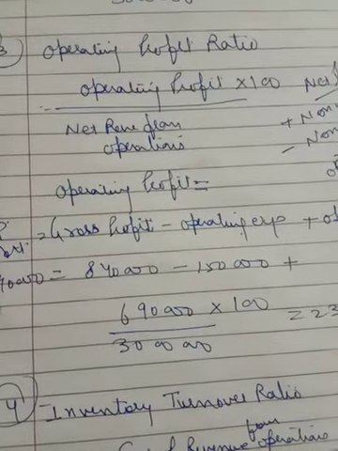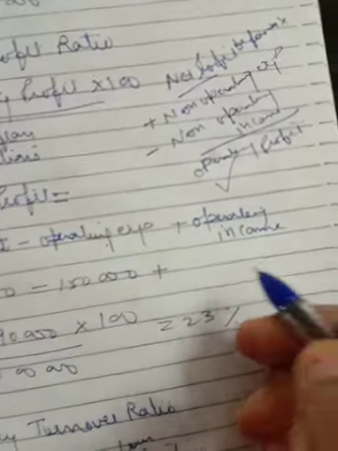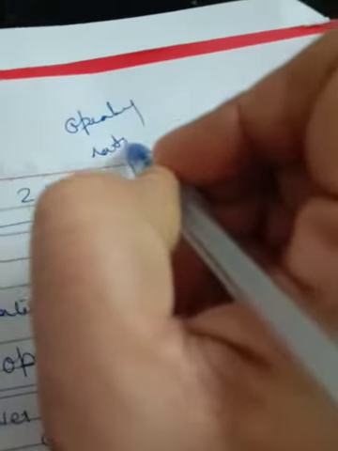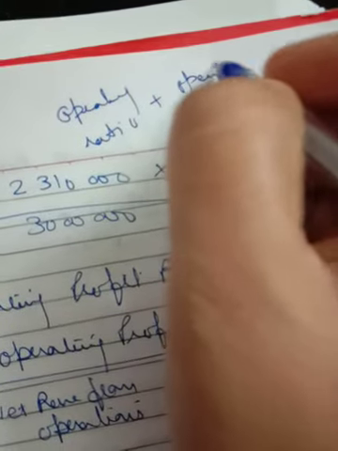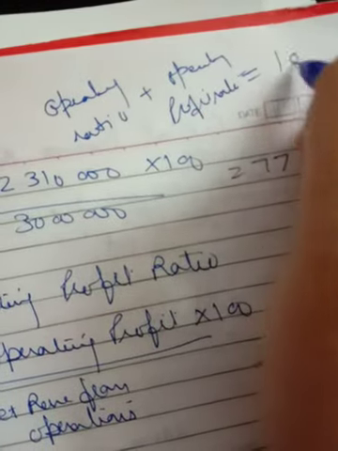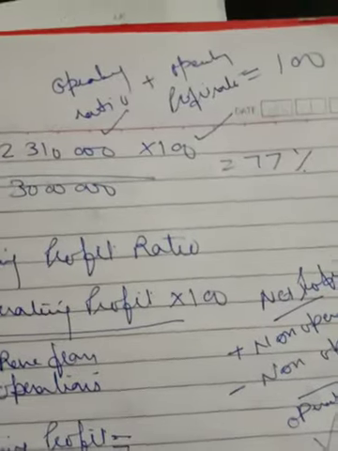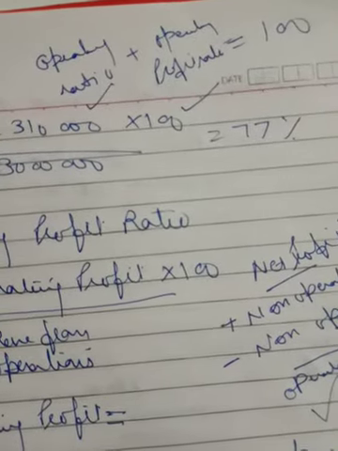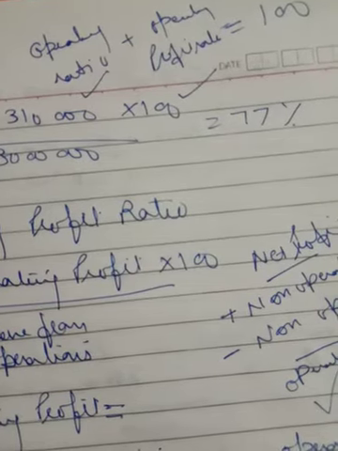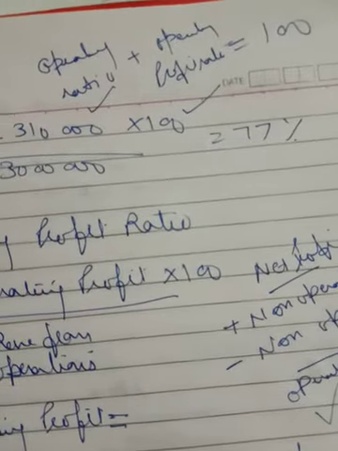Now, one thing more, that there is an operating ratio and operating profit ratio. Definitely they both are in terms of percentage and the total is 100. If one is increased, another will be decreased, because the total of both is always 100. So if the operating ratio is 80%, that means the operating profit ratio is 20%. Definitely, because the total of both is considered as 100. Fine.